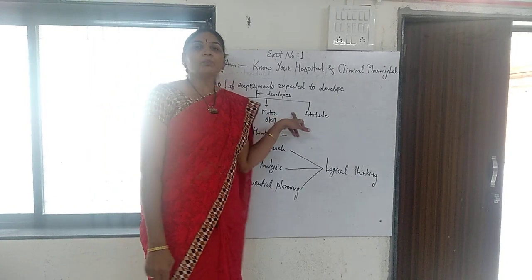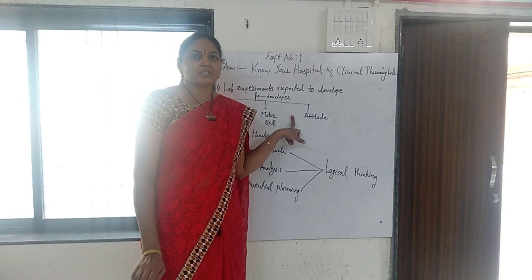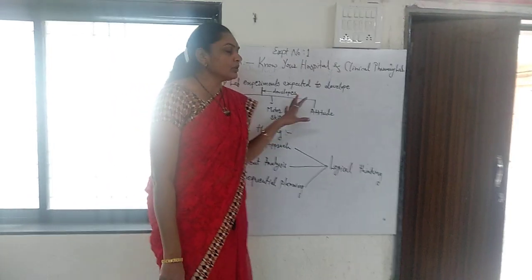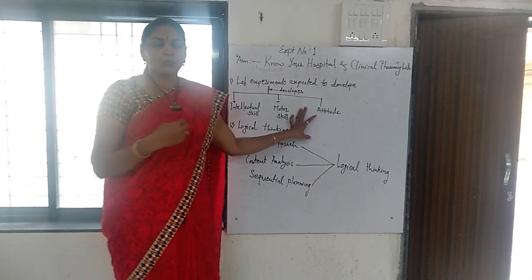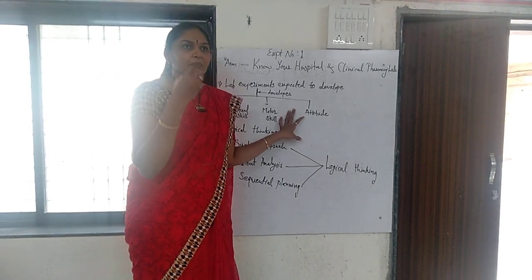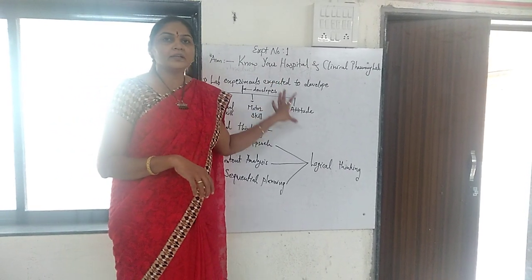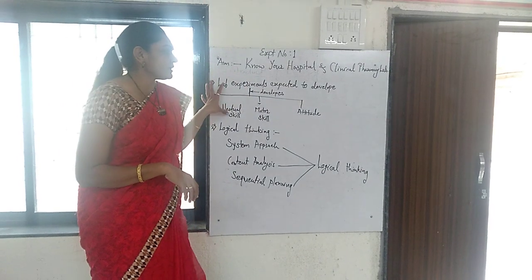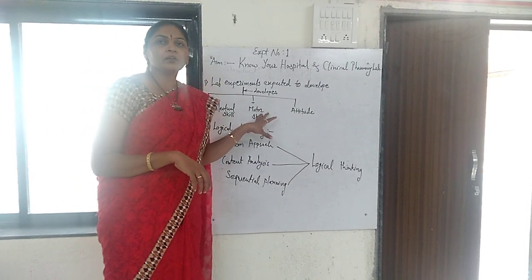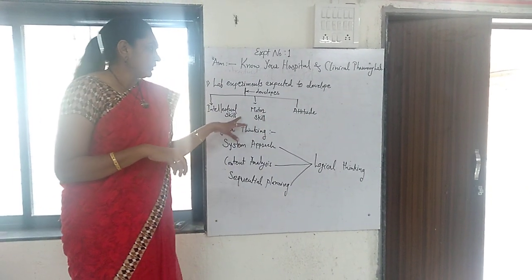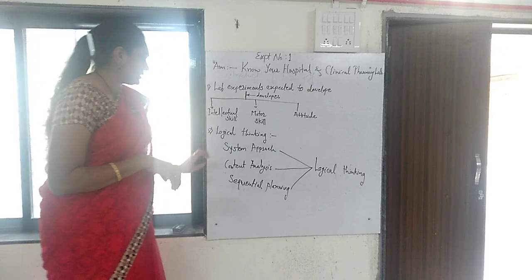When your attitude will be positive to your practical, then the result must appear. So your attitude must be positive. That is, when the results are not coming, you should have hope inside you that when I am performing again, then at that time the results will be positive. That is, your positive attitude will give you 100% result. So when you are performing any laboratory experiment, the skill must be present in you and you must utilize it, and that gives you your positive attitude, that will give you your results.